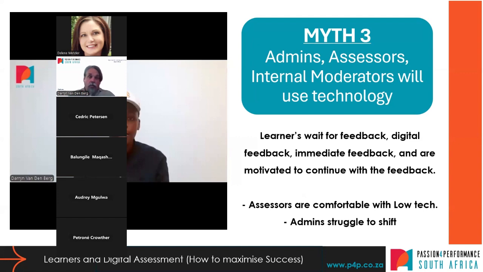because assessors and those roles are used to the scenario of the admin picking up the phone. Have you done your assessment? Oh, yeah, no, I've done it. When do we get the files back? Oh, I'm going to post them. But it's Friday and the weekend. I'll post them on Monday. But I really have done it. Can I have the results? Oh, I'm busy filling it out. And these kinds of conversations go back and forth.